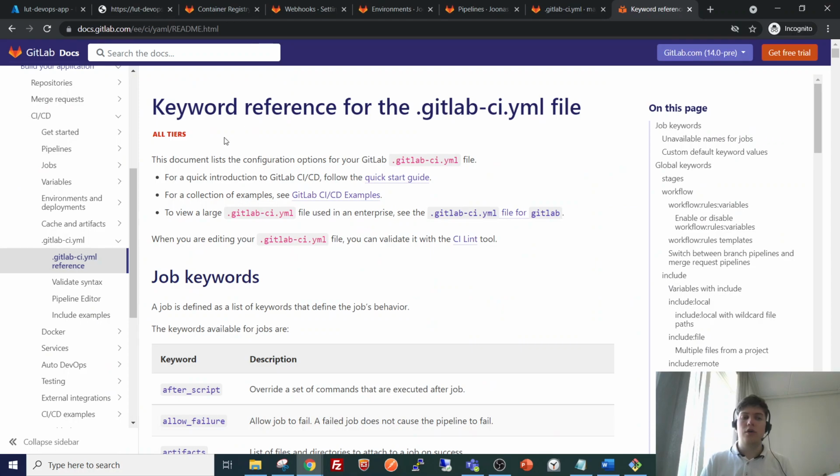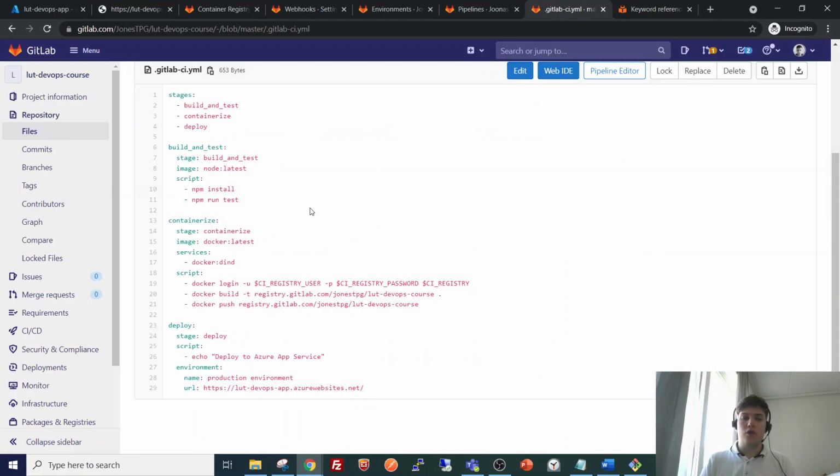So I have here open a keyword reference for the GitLab CI file. So to recall, here is the current configuration file, and currently it has these three stages.